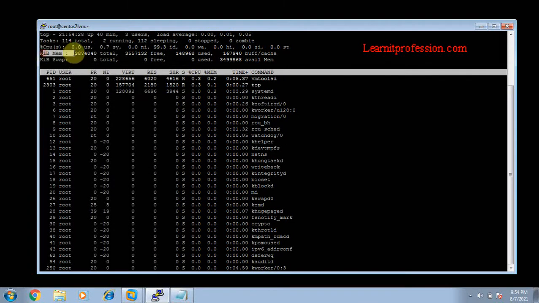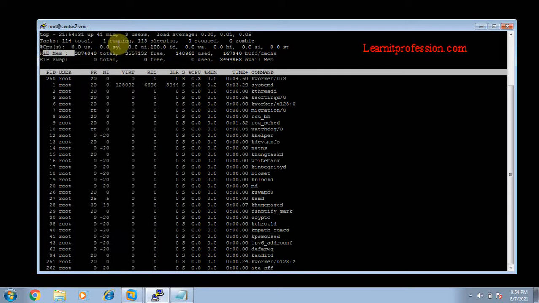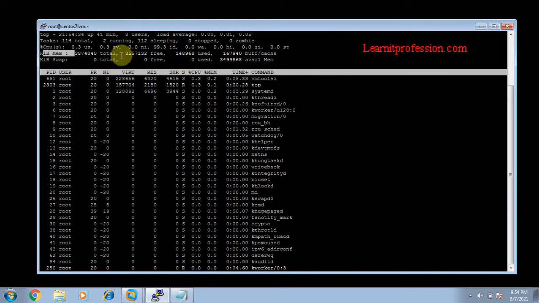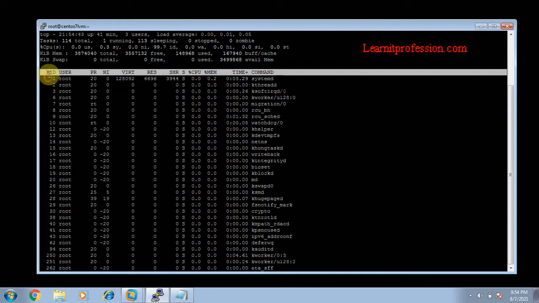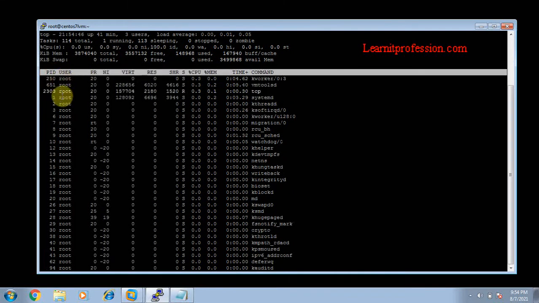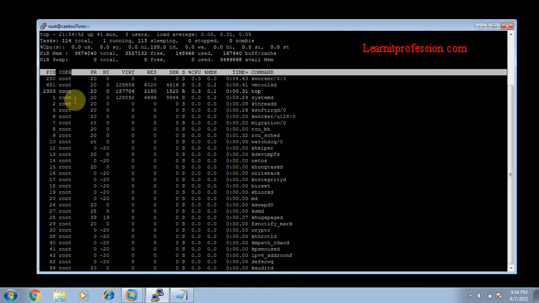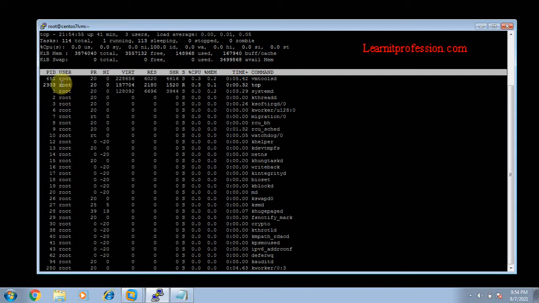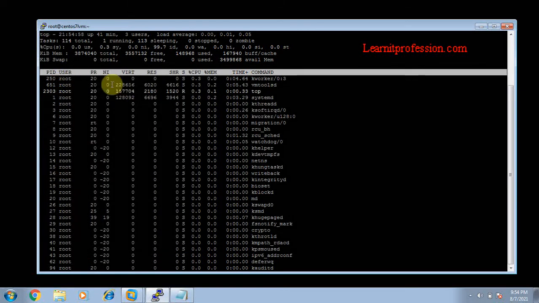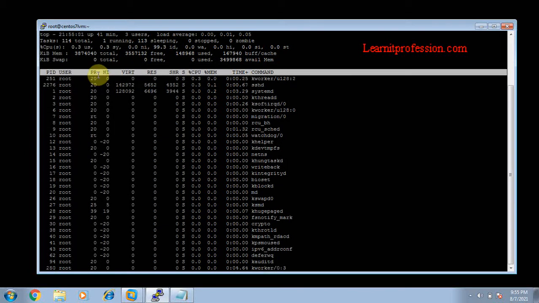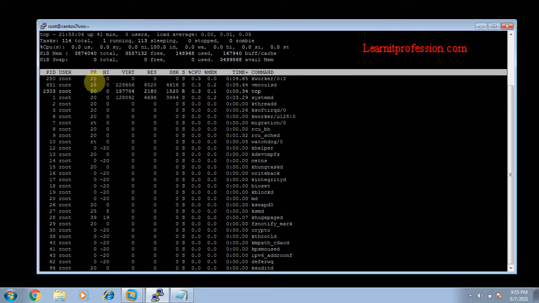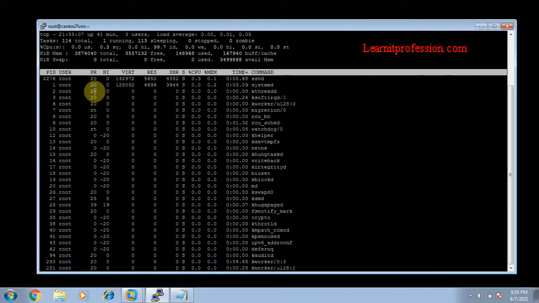Then here you can see the memory and other things, like total memory and swap memory, the total consumption you can see. The important thing in the top command is that you can monitor the process ID and the users, meaning which user ran the process. Here the total processes are related to root. With multiple users logged into the system, you can monitor the real-time processes of those users.